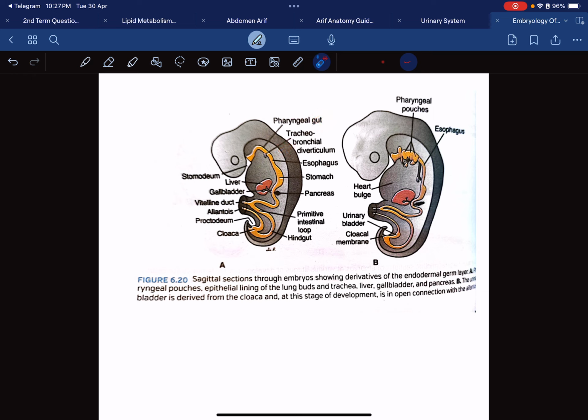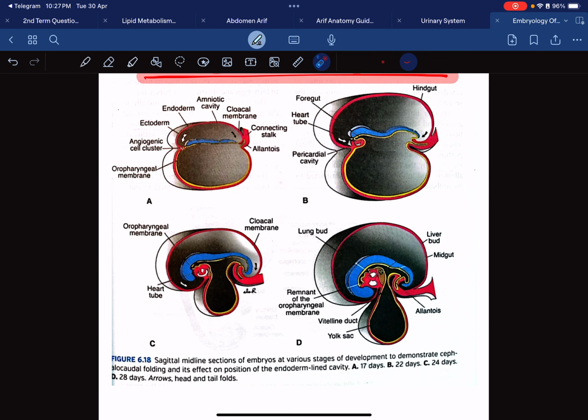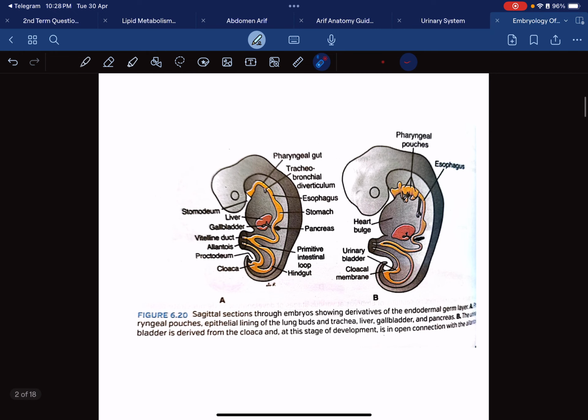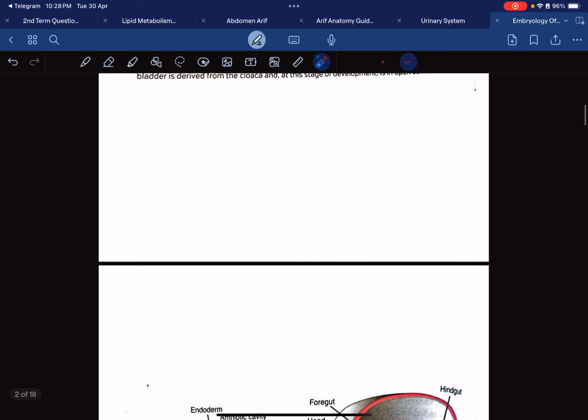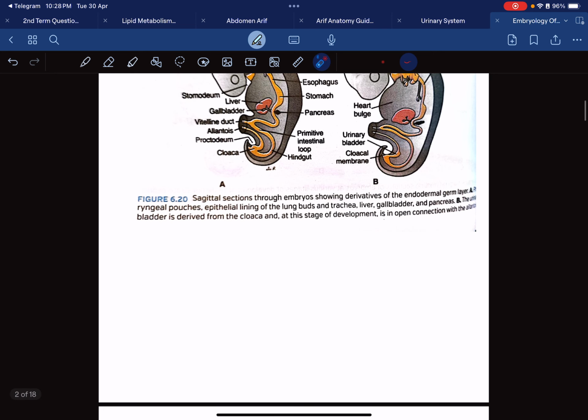From the cloaca, part of the hindgut, cloaca is here. So from the cloaca, we have the rectum, anal canal, urinary bladder, urethra, and other parts. Okay. We have pharyngeal pouches, from which we have auditory tubes, tympanic cavity, palatine tonsil, thymus gland, parathyroid gland, parafollicular cells or C cells of thyroid. These are boring stuff. What we need to discuss later on is